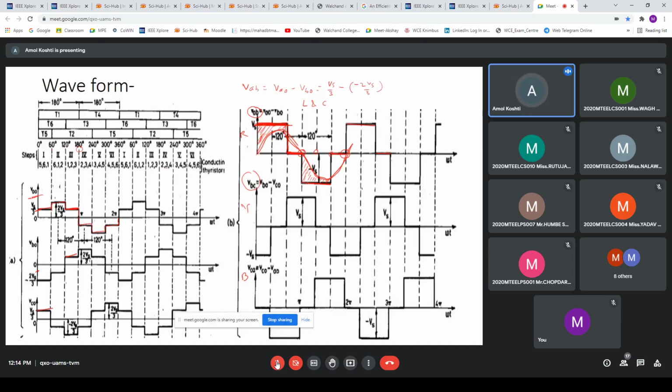There is a mathematical formulation also. I have not included it right now, but I will tell you. To find the harmonic components, the mathematical tool is the Fourier series. If we simulate the same system in software such as MATLAB, we directly get the harmonic components through the FFT analysis tab. I hope you understand the drawback of this two level inverter.